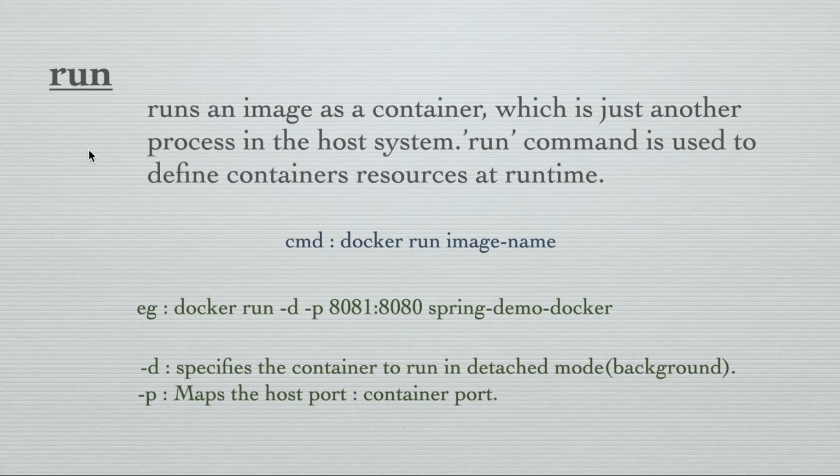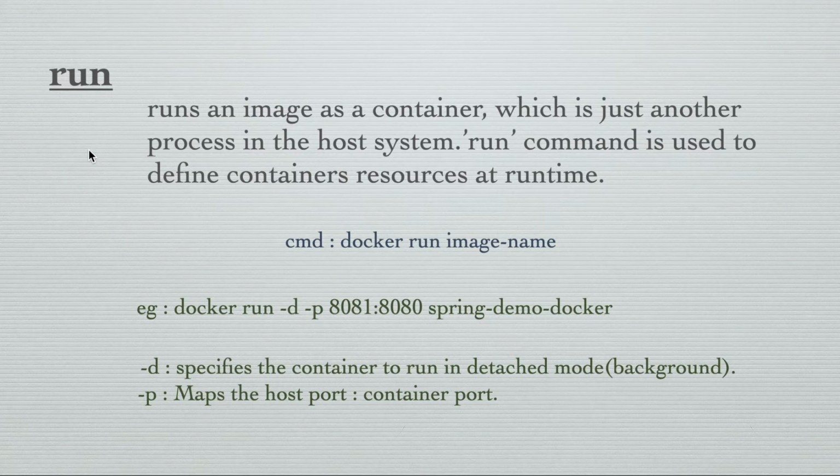Then the next step is docker run. So far we have seen how to list docker images, how to list processes, and how to build a docker image from a docker file. Now after the image is built, we have to run it as a container. The docker run command runs an image as a container, and it also specifies various configurations while running. If you want to override some configurations or environment variables which you mentioned in the docker file while building that image, you can override them with docker run. So the basic command is docker run, space, image name.